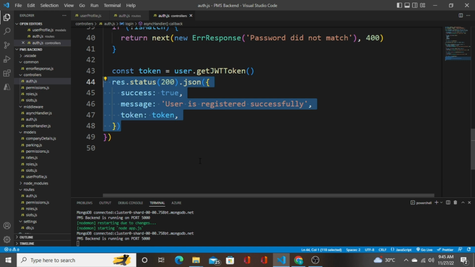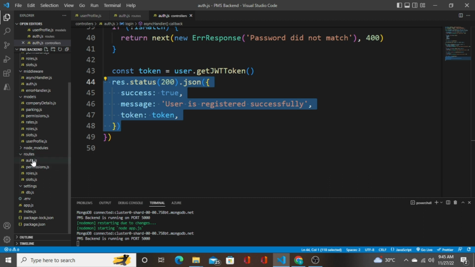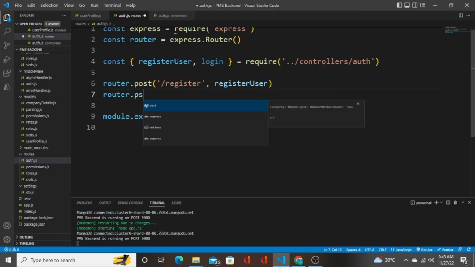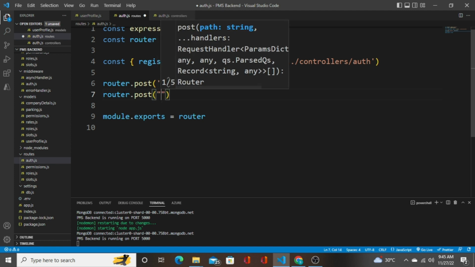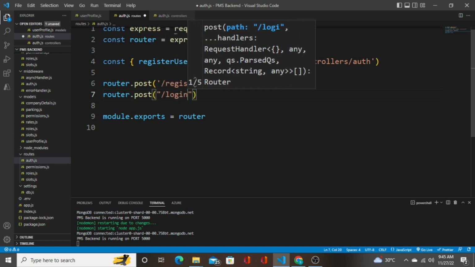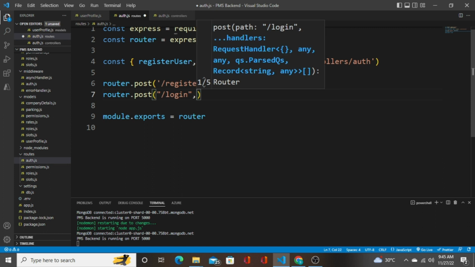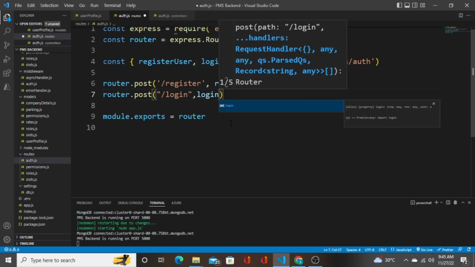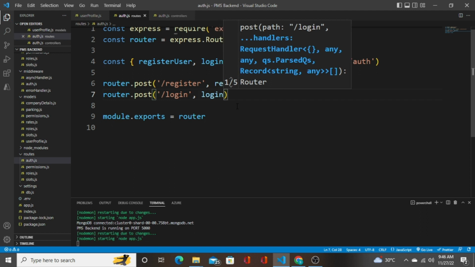So I've saved it. So what I'm going to do is I'm going to call this from the routes. So I'm going to add that login function to this routes, and I'm going to say router.post. So whenever I get a request like this with the login API, I'm going to route that to this controller function. So I'll save this,